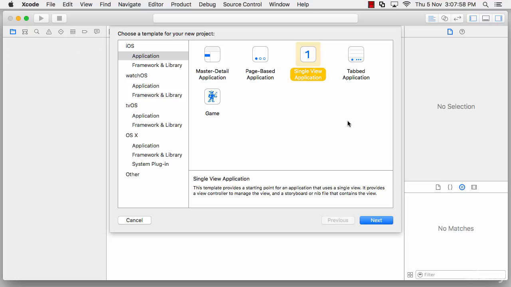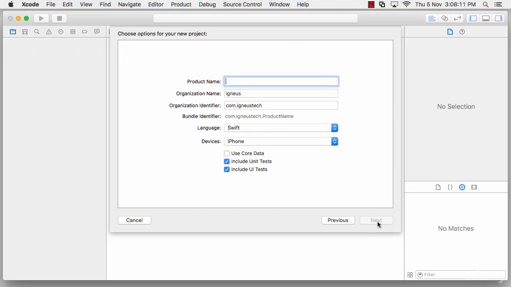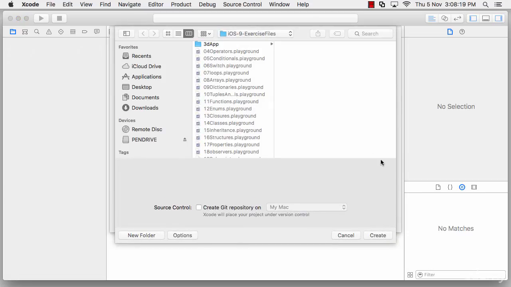And really, it's the simplest thing that you can do in the app, and you will realize that the table views and all of that were really tough to implement. But this audio player is really simple. I'll be creating a single view application, and I will be calling it simply audio test, and that will work fine. Next, and we'll save it in the iOS 9 exercise file, create,